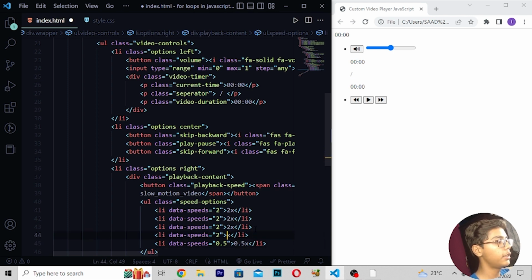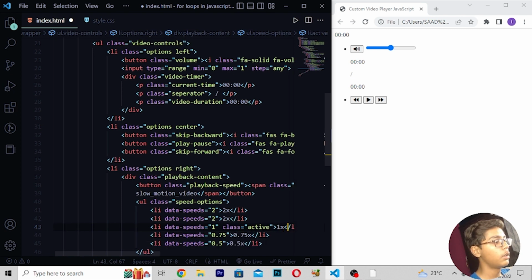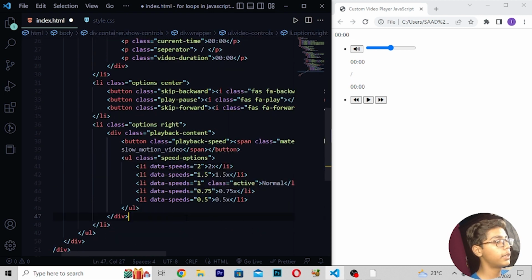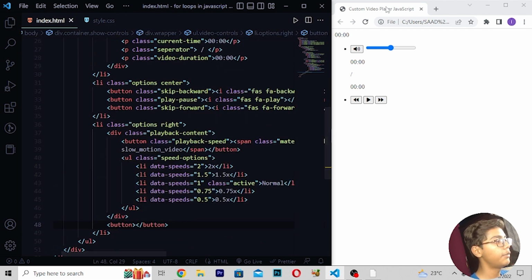Then here I'll be writing 0.75x, and right here 0.75, and then here I will be moving right here to 1, class active. Then here I will be writing 1x, or you can say normal, like this. Then right here 1.5x, then right here 2x, which is written already. Now here I will be moving down, right here button, save this, then reload.